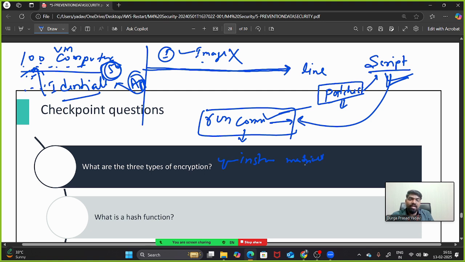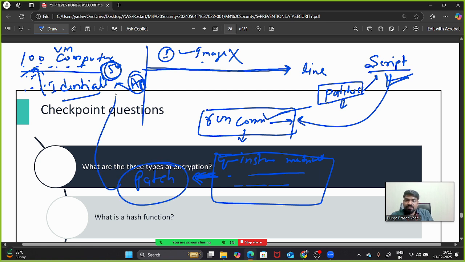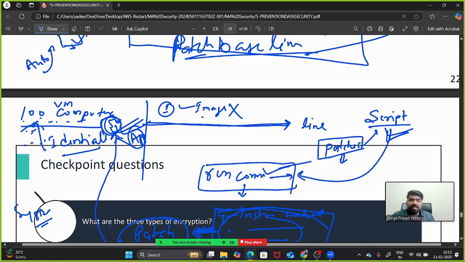This is the command you will write, and some more commands, and you will use these commands as a patch, and you will attach it to these 50 machines. Then AWS Systems Manager will, automatically or manually, if you run this, install these entire things on these 50 machines. I hope the patch is clear now. Patch is clear. Yes, sir. The second is your baseline.